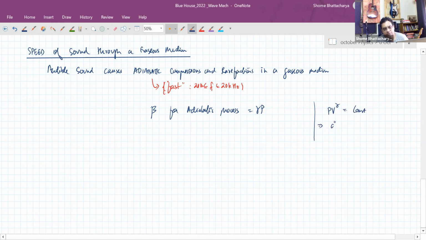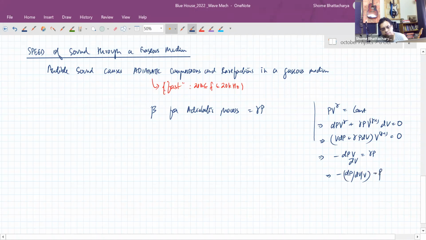So if you differentiate this, you have this relation of it. So speed of sound